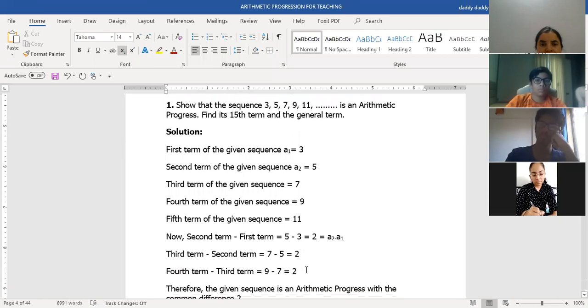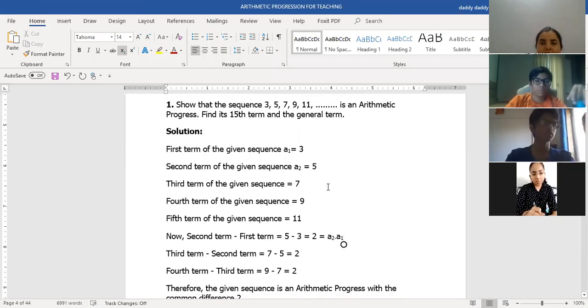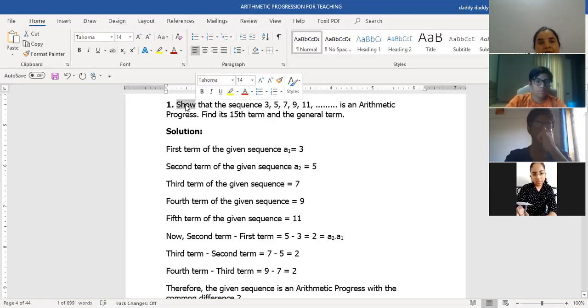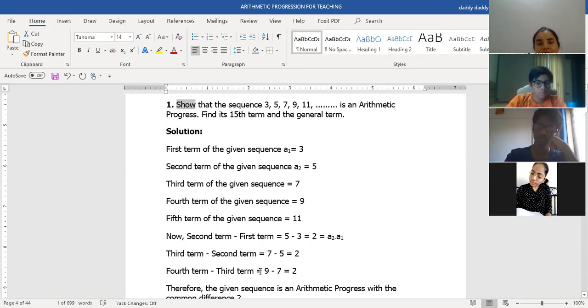Then to find out whether actually the series is an AP or not, although when they are giving it, it will be an AP only. If they are telling you to show that this sequence is an AP, here they are asking you to prove. So show means to prove. Look here, it has got 3 parts. The first part is show that, means prove that the given series is an AP series. So here you will have to find the common difference 3 to 4 times. So first I found A2 minus A1. In the next one, you will find A3 minus A2.